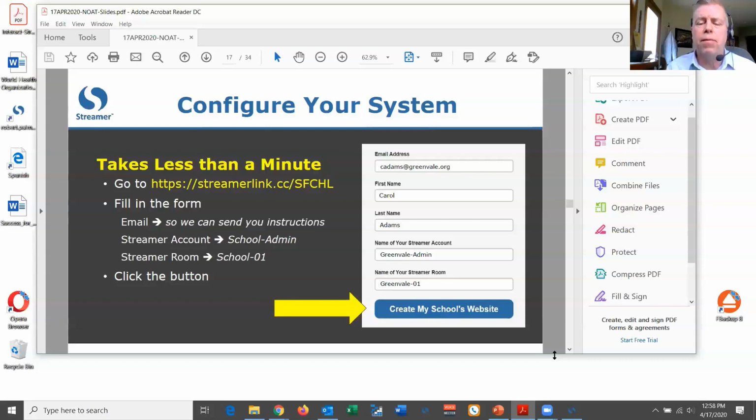And then for the name of your first room, we recommend you use the name of your school followed by -01. Now, you can sign up for as many trials as you want, so this does not have to be done for your school or your business. So right now, you could create one just for yourself. There is no credit card needed or anything like this, and you're going to get a free 30 days to use this system. Again, no credit card, so at the end of 30 days, if you end up not wanting to use that system, it's just going to go away on you.